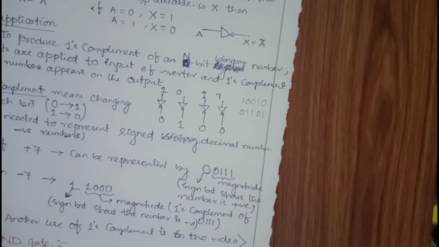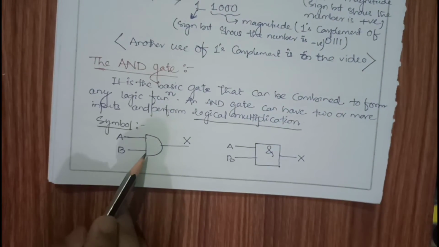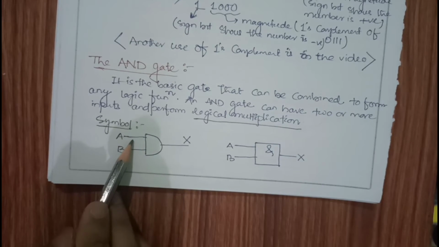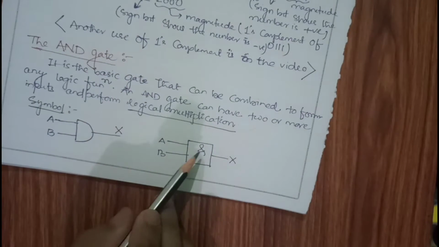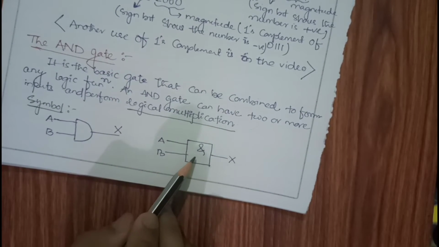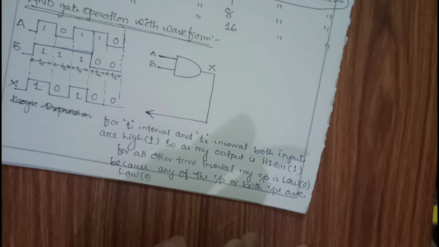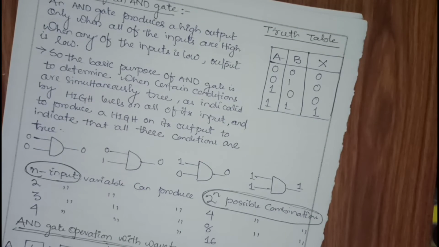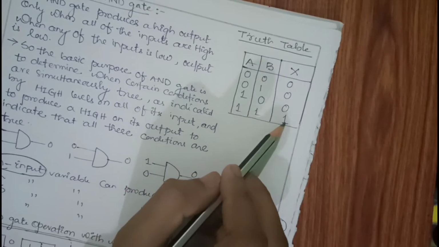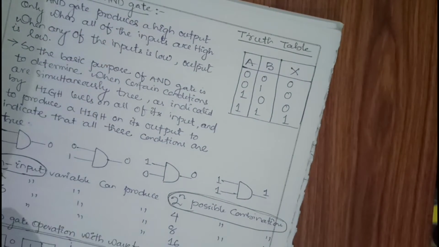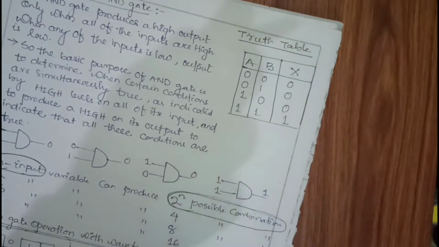Then the AND gate. This is the symbol represented by the AND gate. You can take any number of inputs. Here I have taken only 2 inputs, and this is the output. This is also represented using the square and triangle form like this. So how does an AND gate operate? When both my inputs are high, only then my output will become high, and when any of the inputs is low, then the output will become low. So this is the truth table for this AND gate. You see, when both inputs are high, from the operation or from its definition, we are going to write the truth table.